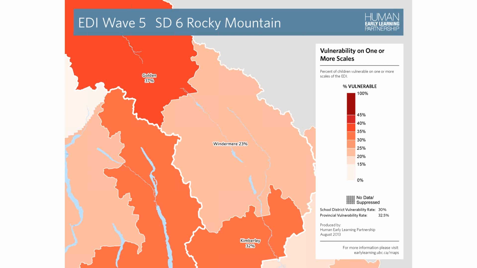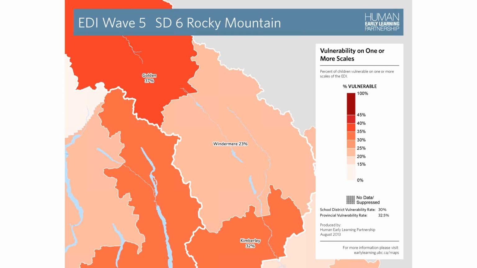Just to comment, though, on the creation of neighborhoods, those of you who have been around for a while will know that we changed our EDI neighborhoods before we reported on Wave 5 and made them larger. We wanted to do that because, as I said earlier, it gives a bit more stability in the data, particularly in those smaller areas where you may only have 15 or 20 kindergarten kids each year. We know with that we've lost a little bit of the local specificity in terms of the results, but